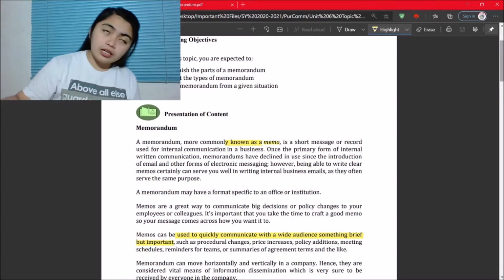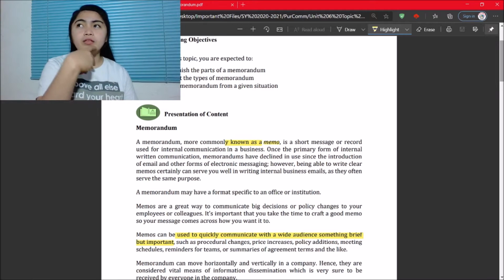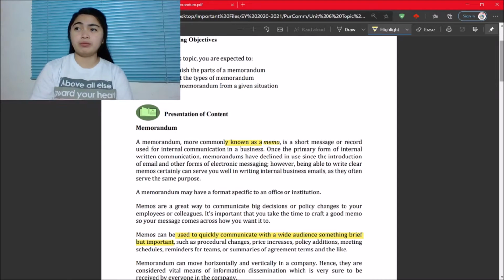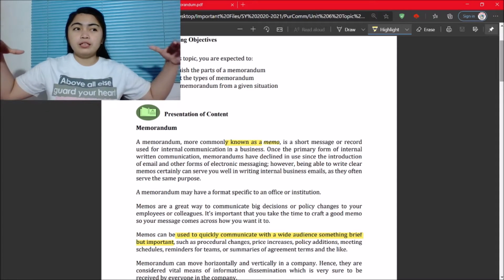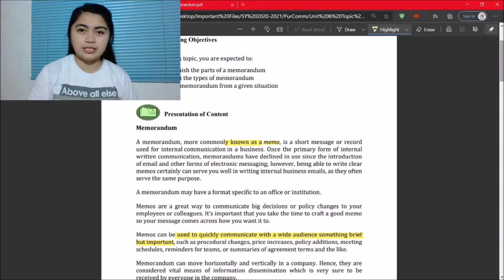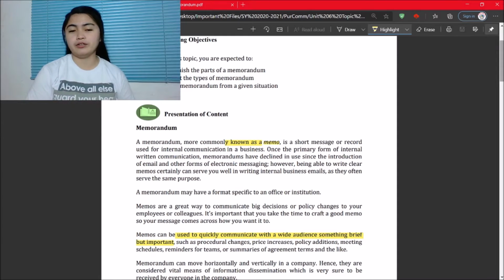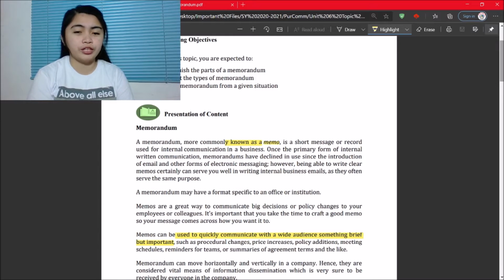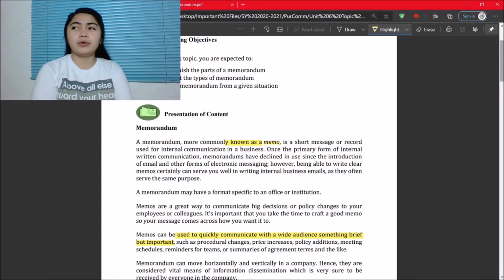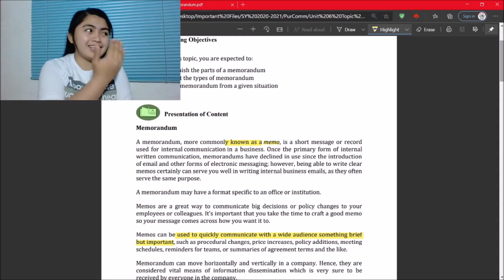Pero, in a general reason why a memorandum is needed, it is needed to inform the whole employees about what are the events that will be happening, mga ganon. Okay. So, it is a short message or record used for internal communication in a business or in an institution, especially sa CSU.